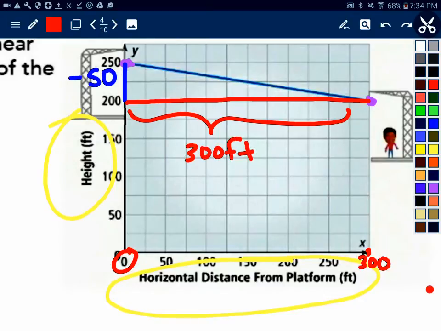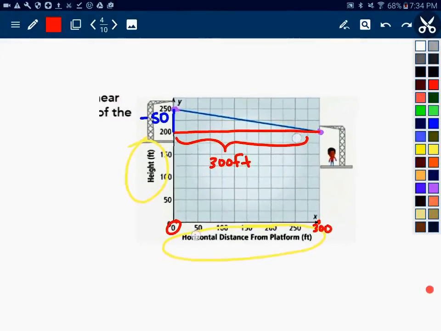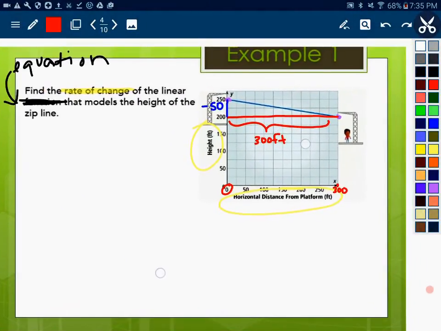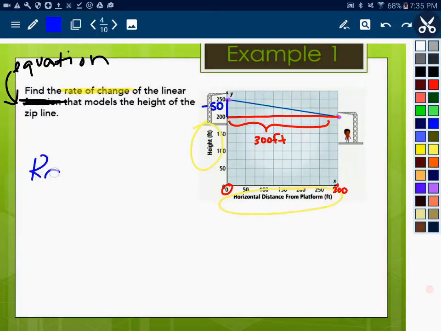So now that I've interpreted the rise and the run in the context of the problem, true to the graph, I can create the ratio that represents this slope. Or I should say the rate of change. We're talking about rate of change. I should use my synonym. So rate of change